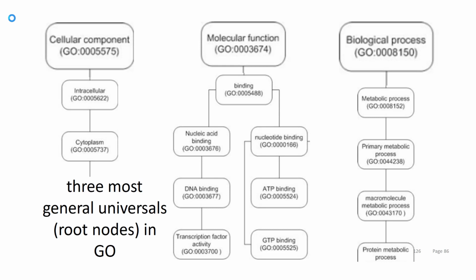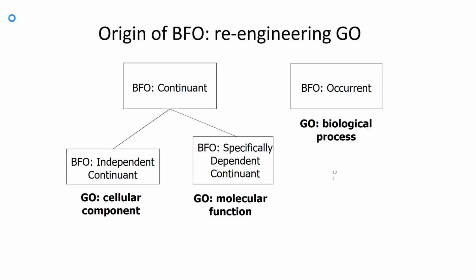So how did BFO start? It started from the Gene Ontology. The Gene Ontology has three ontologies, as I'm sure everyone knows: cellular component, molecular function, biological process. So we re-engineered